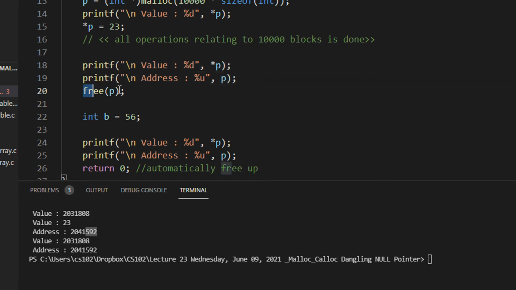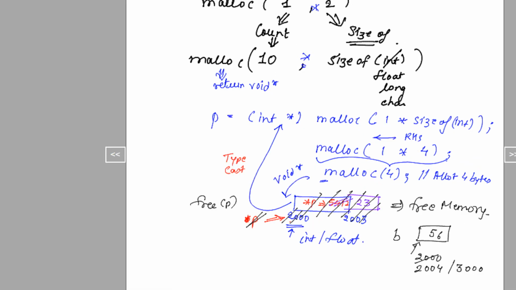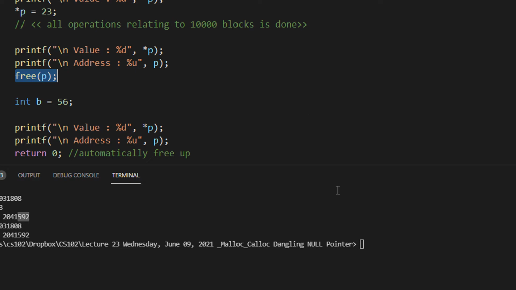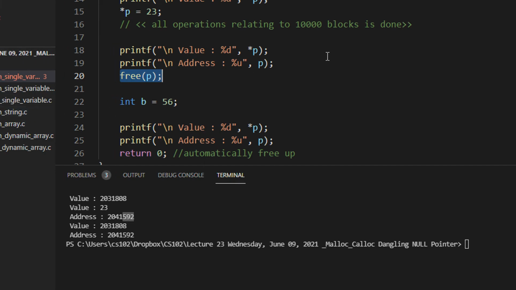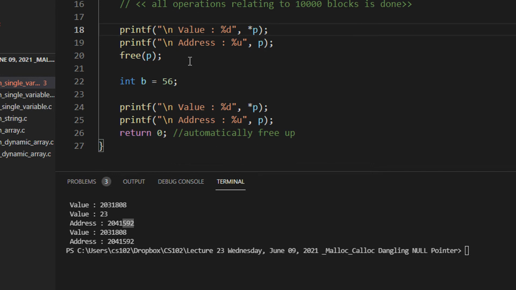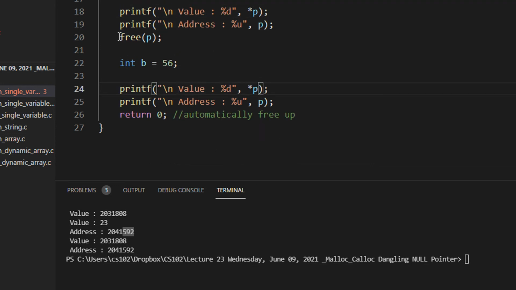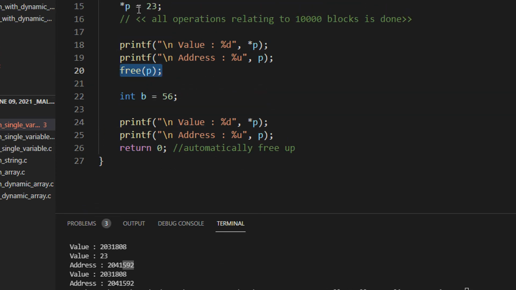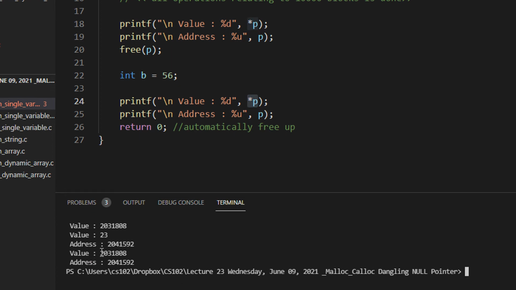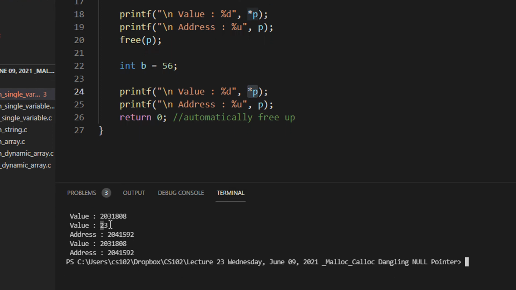Now I do a free p, right? When I do a free, as I said, I am basically cancelling out everything here. So I lose the memory location, so I lose the address also, right? But as I said, compilers are very optimized these days. So see, I'm freeing p here, so I basically lose the value of 23 since the memory location is lost. Now when I print star p, you can see I get a random value instead of 23.